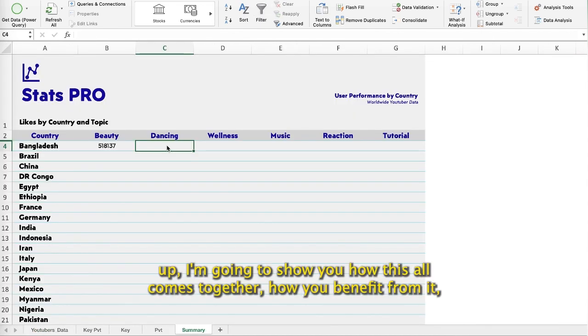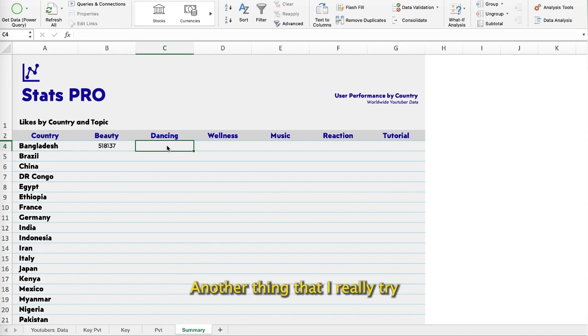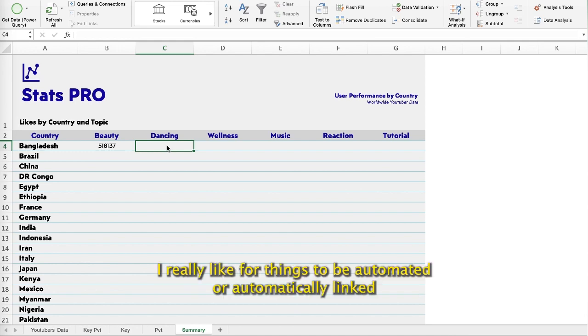Now that we've set everything up, I'm going to show you how this all comes together, how you benefit from it, and why I love to use it, because it literally saves you time. Another thing that I really try to avoid in any projects that I'm working on is human error. I really like for things to be automated